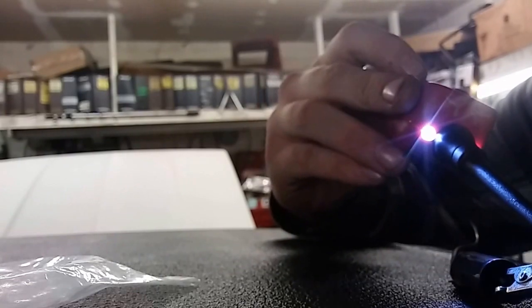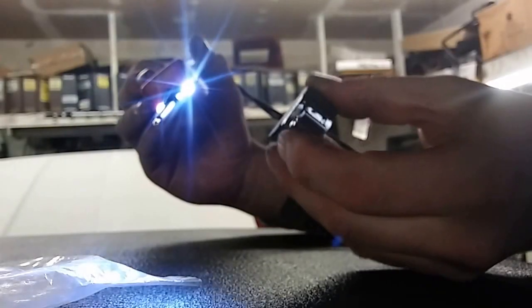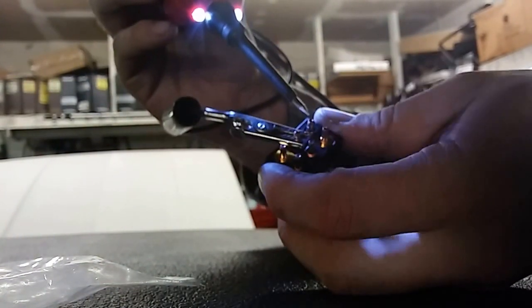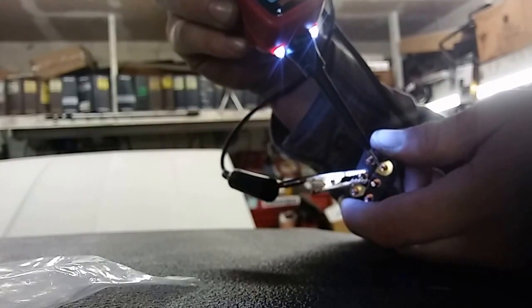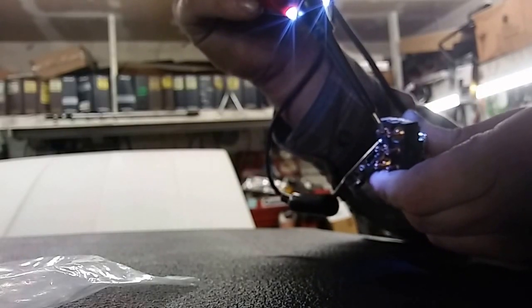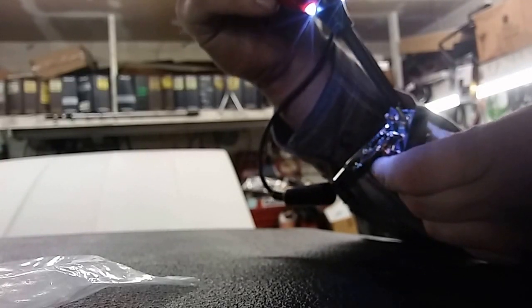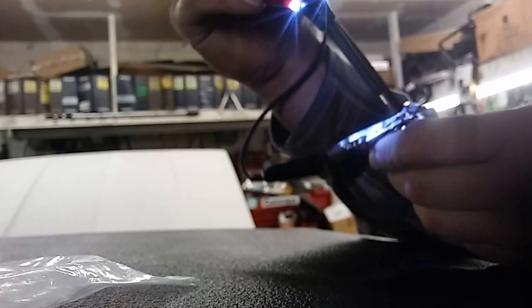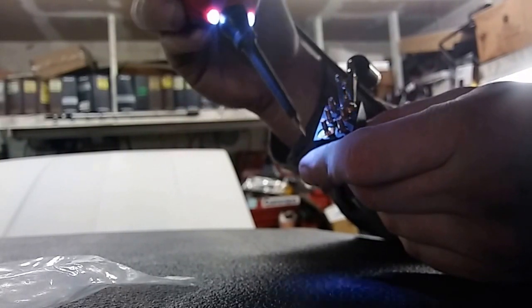So I was able to test what ends up happening when I push up or down on the switch. One of these pins will die away. So if I put that there and I hit up, if you can see the thing. Oh, there it goes. So I hit up and I lost it. But if I hit down and do it, it's still there. See, that one doesn't do anything because I'm on a signal pin. But if I put this on this pin here, my ground pin, you'll see both of these